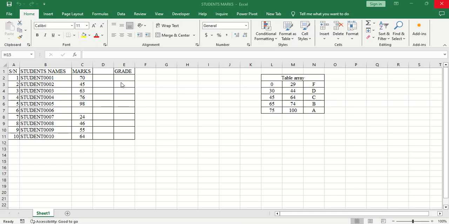So the trick that you are going to apply is to have a table array. First of all, you need to construct a table array, and the table array defines grades of a student. You just start in ascending order. You define in ascending order, starting from 0. So 0 to 29,